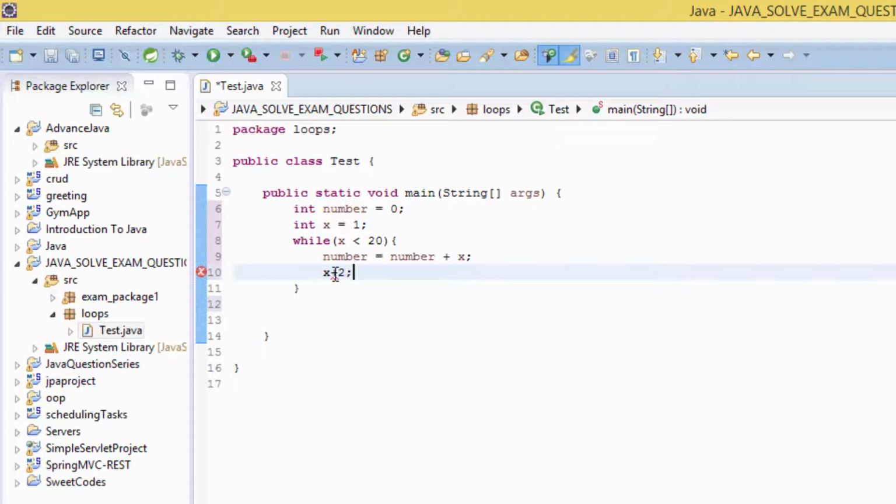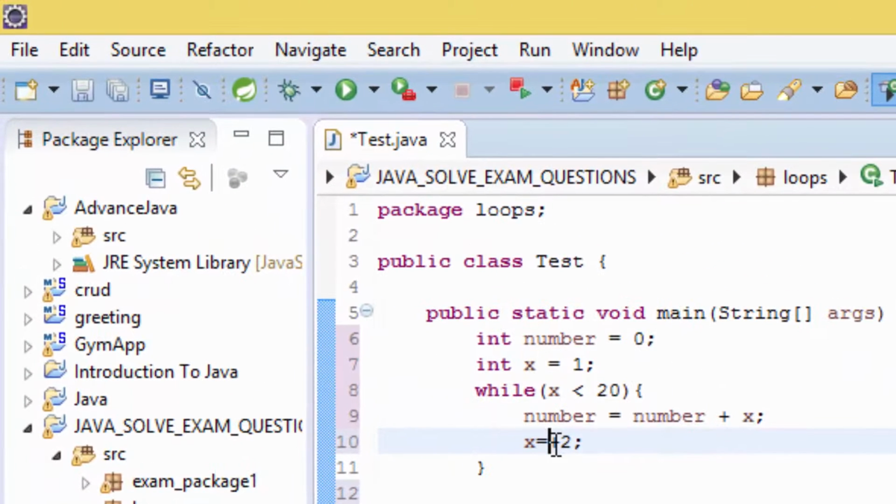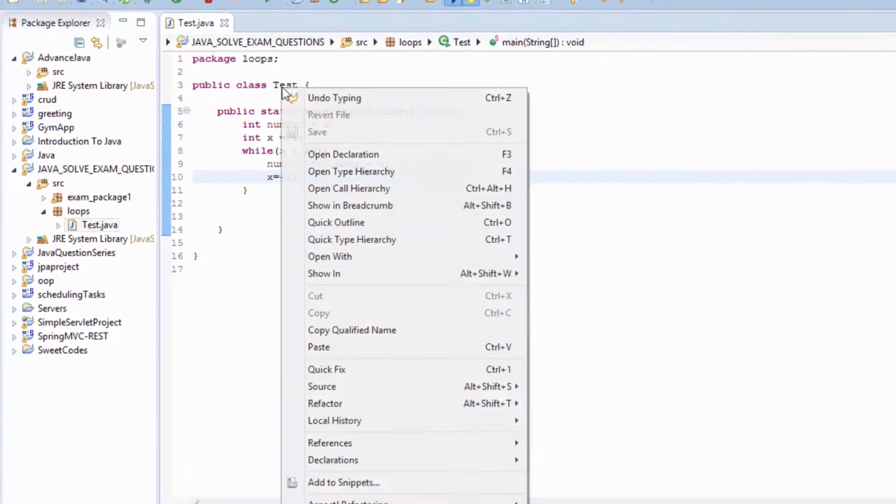If you increment by 2, then you have to put the equal to plus 2. So if we save and run the program,